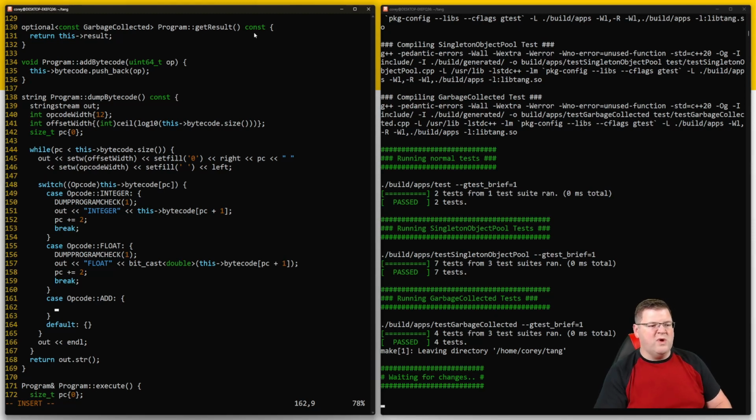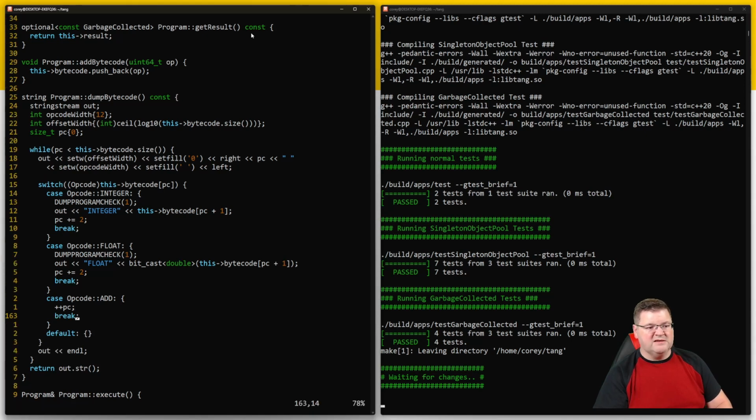And we need a new check here. Why? Because when we get to an opcode add, we don't need to do the program check. We don't need to see if there's more instructions, because it's a 1 byte thing. In fact, I can go ahead and say plus plus PC and then break. We know that that is coming, but